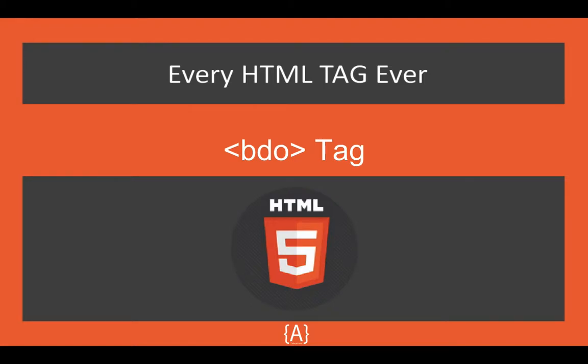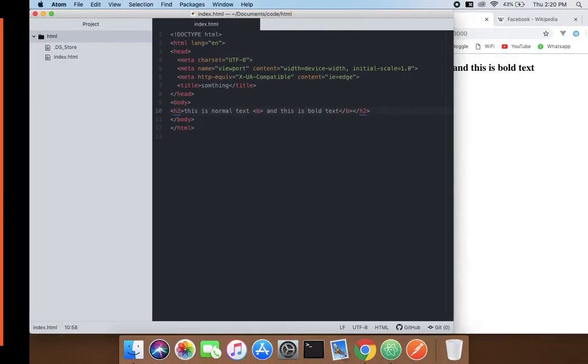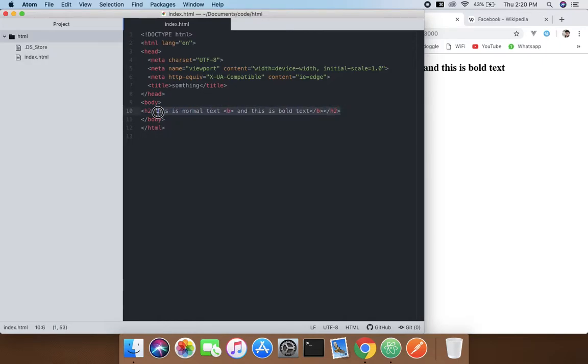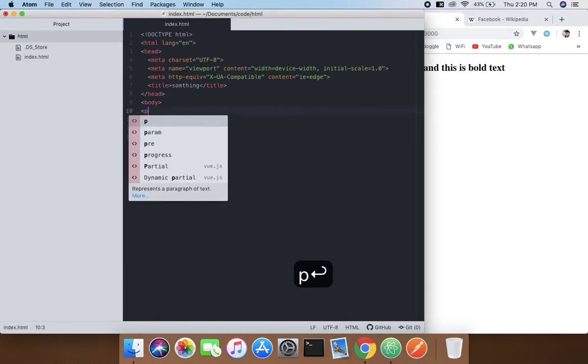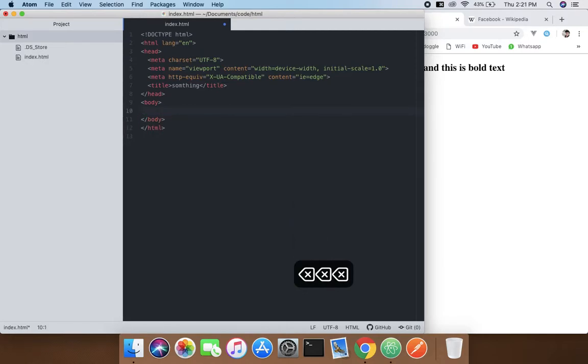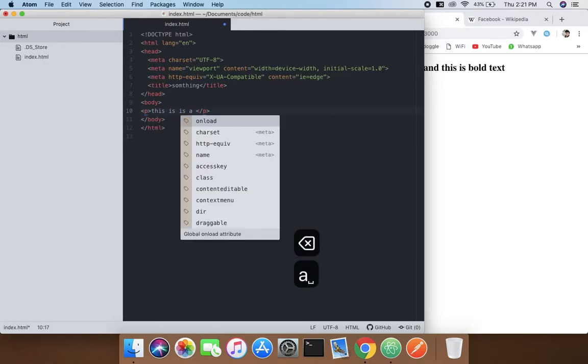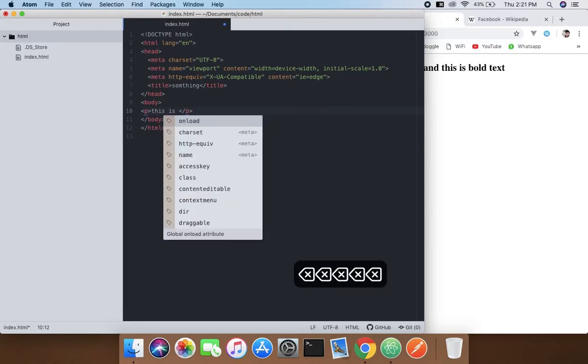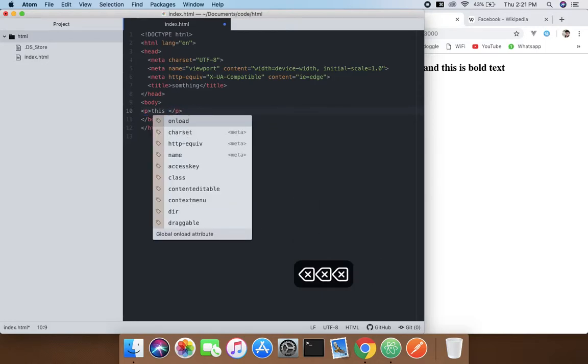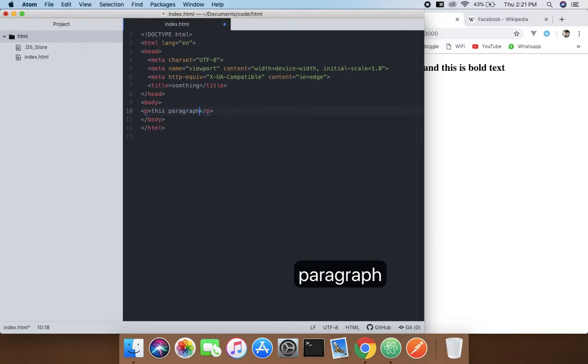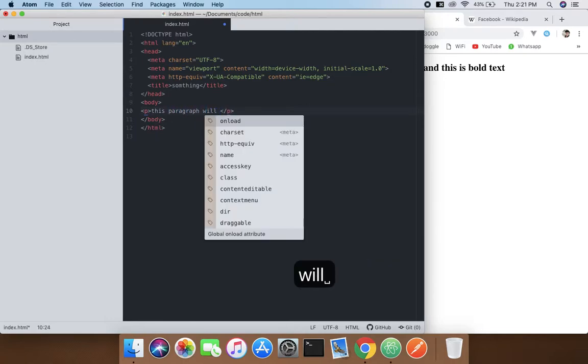Saad here, and in this tutorial I'm going to talk about the bdo tag. What the bdo tag does is give you a bidirectional override for text. So first, what we're going to do is use the p tag, and inside the p tag we'll write something like a paragraph, and it will go